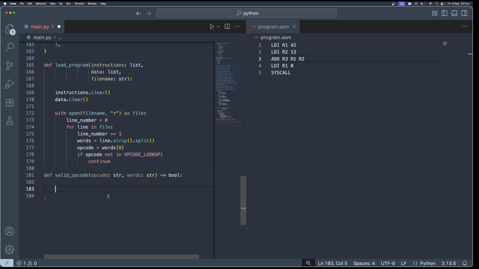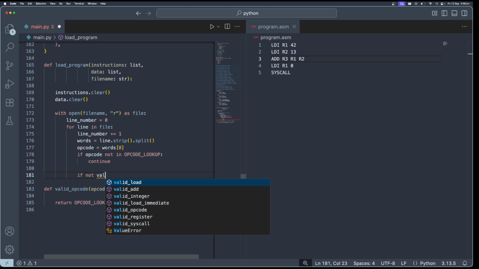Okay, now this is starting to get a little bit of fun, because what I can do is go into my opcode lookup, put in my opcode, and that gives me that second dictionary where I have access to function pointer, valid, and parse. And in particular, I want to check whether that is valid, put in the words, and that will call that function for me. So over here I've got an opcode, so I can say, well, if it's not valid,